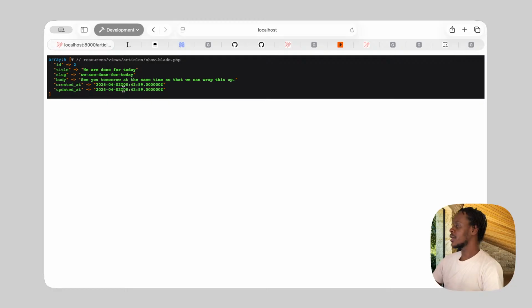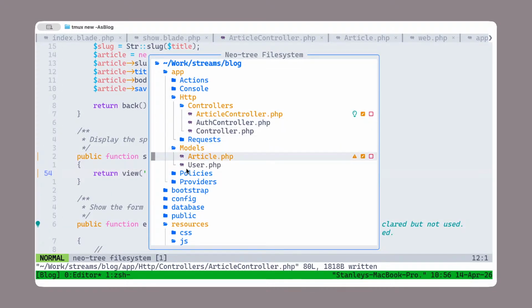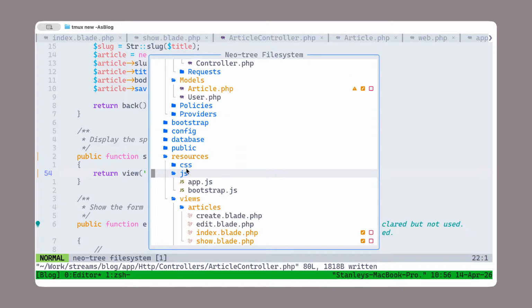We're done for today, and we'll be good to go. Yeah. So this is just a nice debugger for Laravel. It's called dd. Okay. So